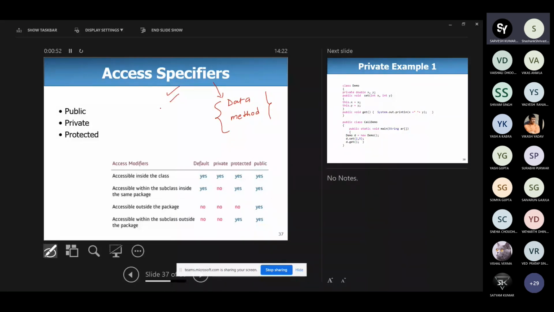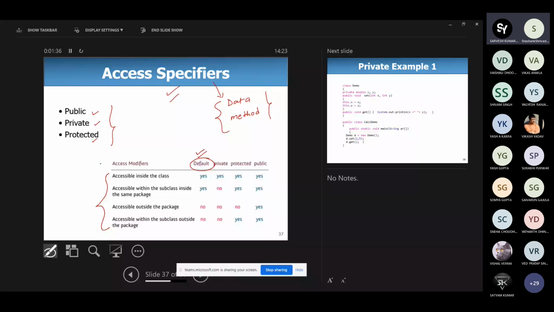There are three types of access specifiers, and in Java there is one more access specifier, that is default. However, default is not a keyword here, but public, private, and protected are keywords. Actually, how do we define the access limit or access specifier scope? There are 4 ways where we can compare all these 4 access specifiers.